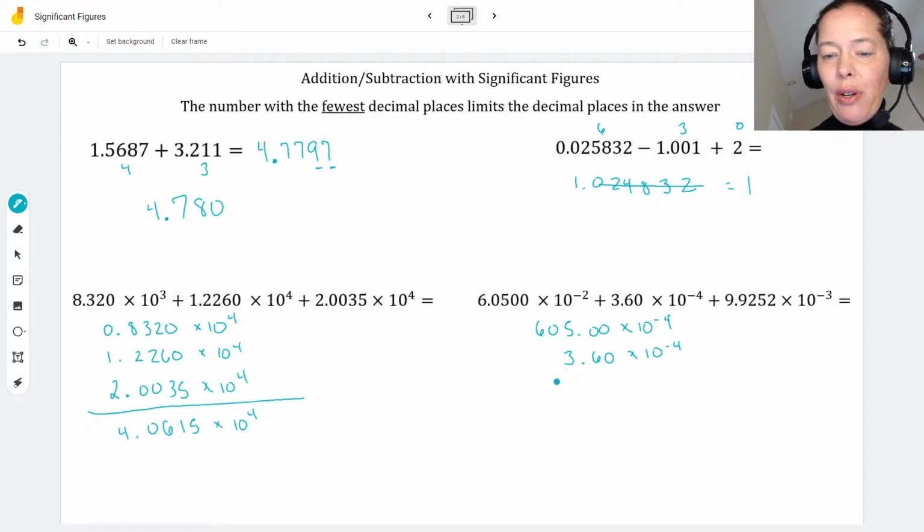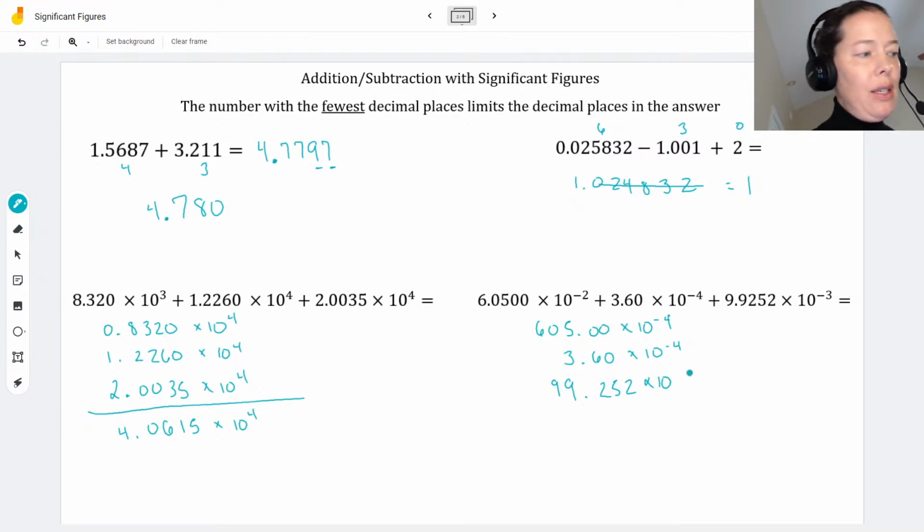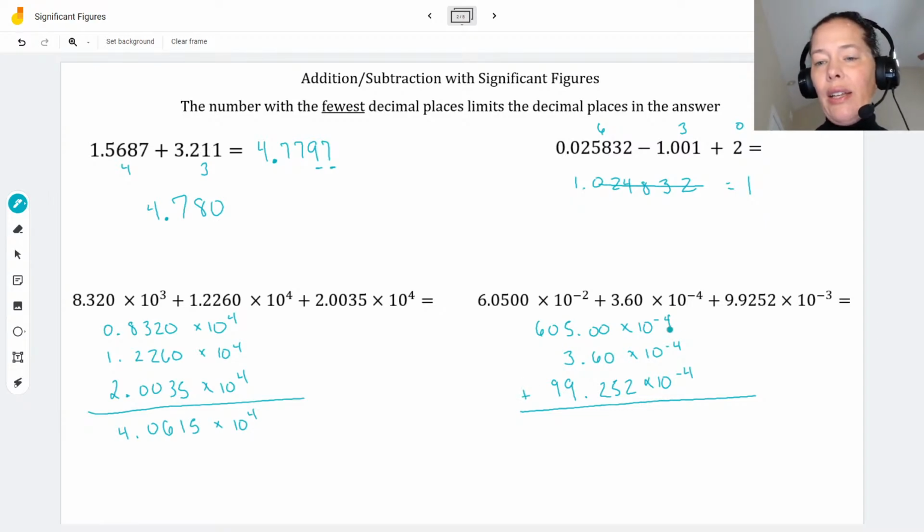And then my third, okay, and I'm going to add all of these together. Again, you can see that they're all 10 to the negative 4th now,